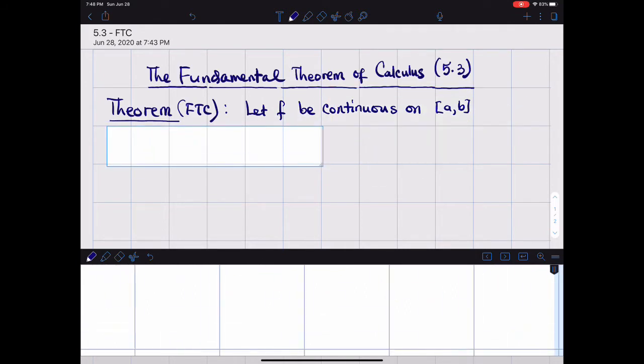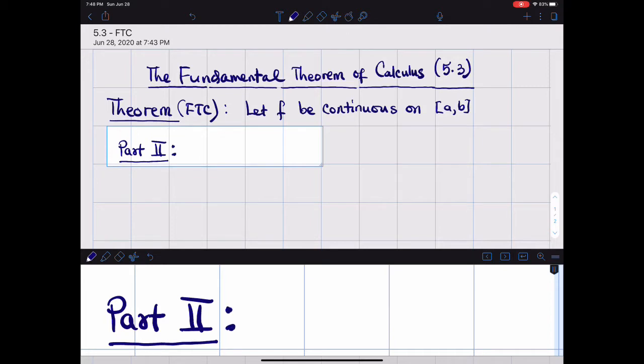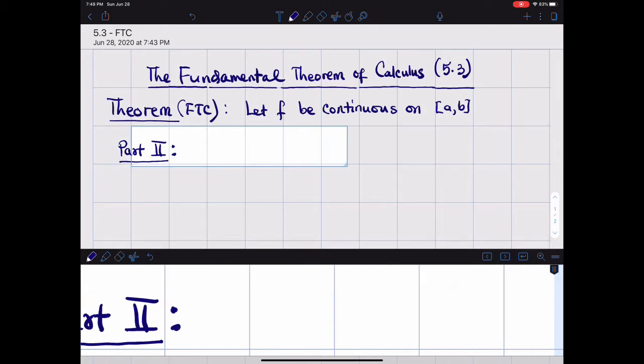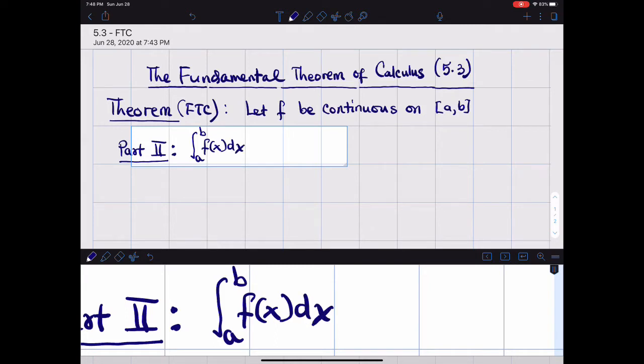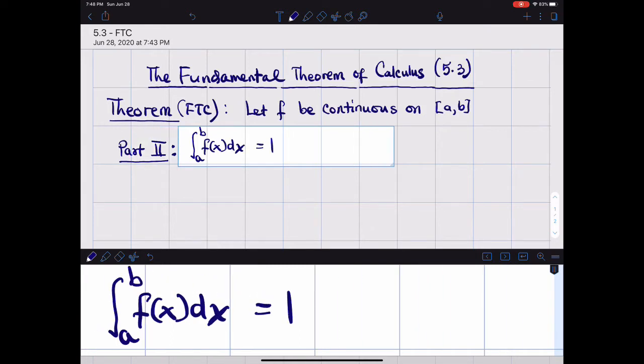There are two parts to the fundamental theorem of calculus. The first part is the very important part, but the second part is the one we're going to be using a lot in this course. So I'll write the second part first. Part 2 says that the integral from a to b of f of x dx is equal to F of b minus F of a,